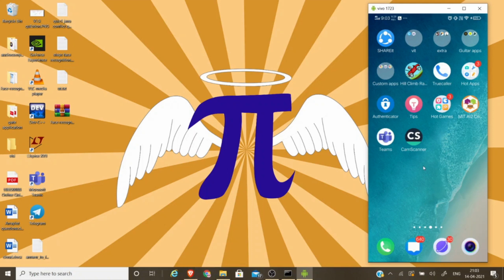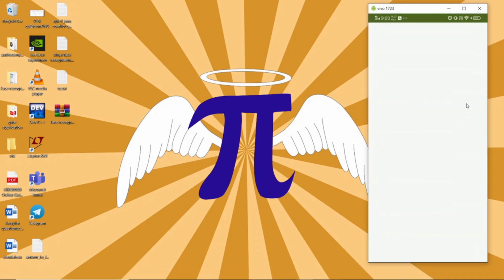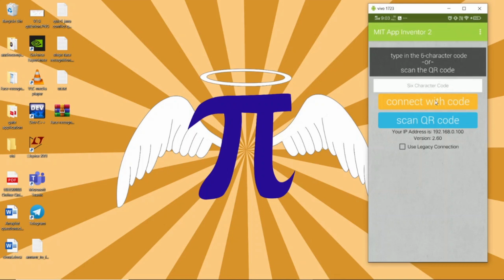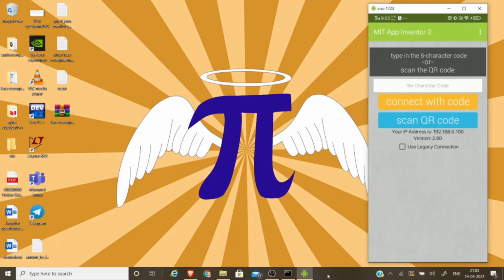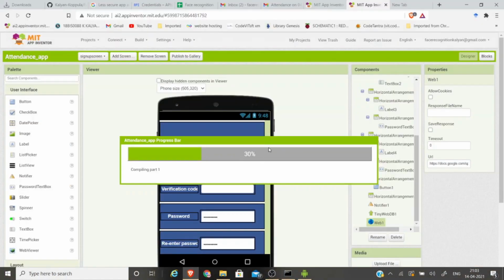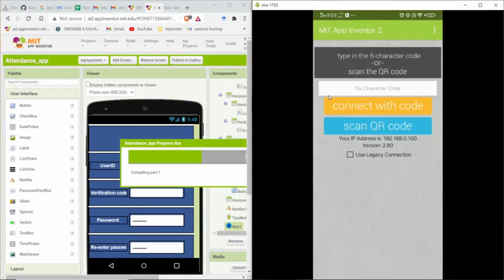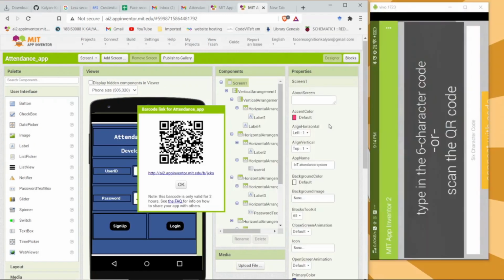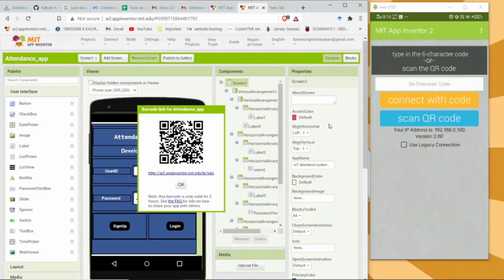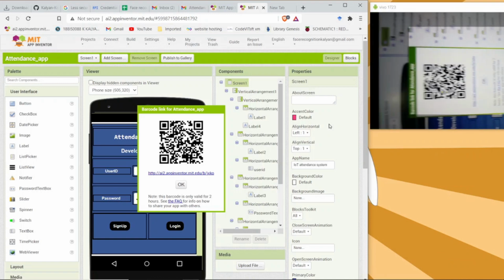So as soon as you get the QR code, you should be able to scan it from here and then download. Tap on scan QR code to download the app.